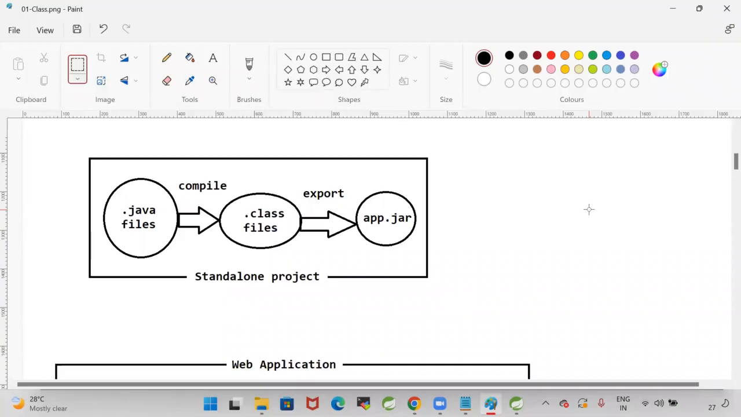Now, we are going to develop the Java programs. We will compile the Java programs. We will get the .class files. Those .class files we are going to package as a jar file. Jar file we will give to the client. Clients will run that jar file. We will tell clients how to run the jar file. We need to provide the